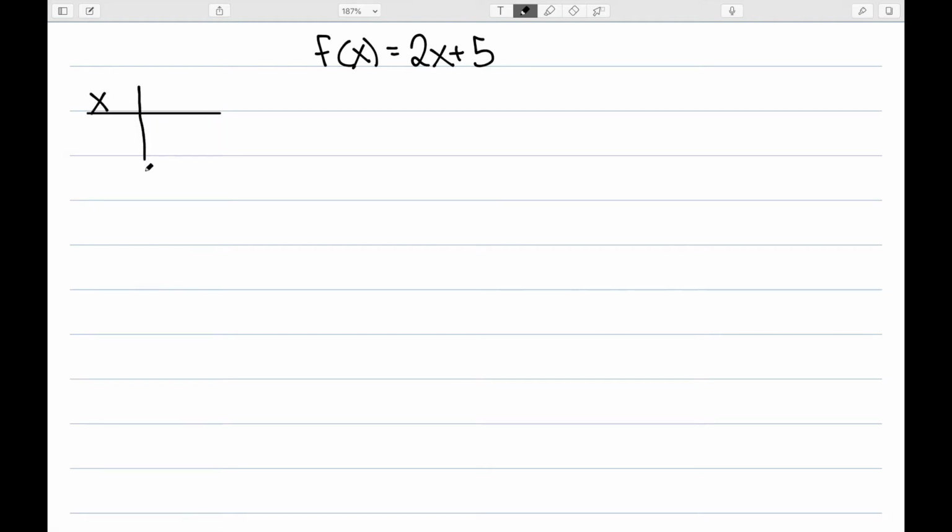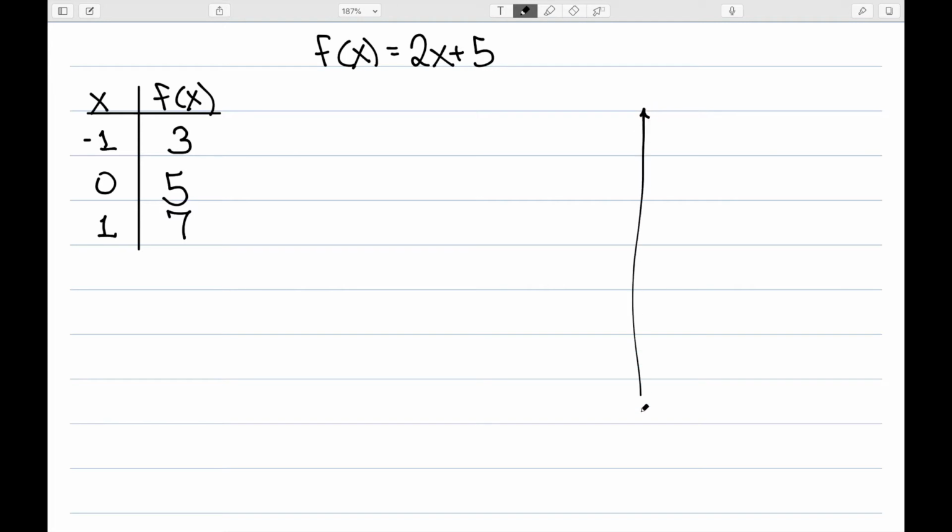So I'm going to pick some numbers for x, in particular -1, 0, and 1, and solve for f of x. 2 times -1 is -2, plus 5 is 3. 2 times 0 is 0, plus 5 is 5. 2 times 1 is 2, plus 5 is 7. So with that, I can come over here